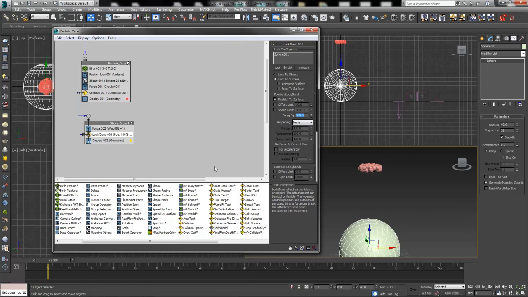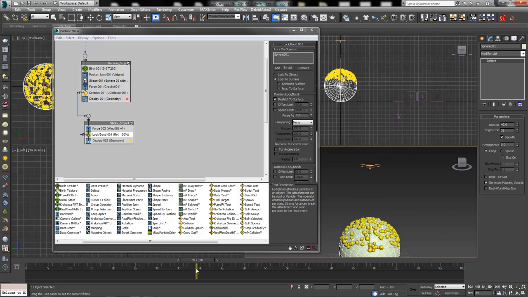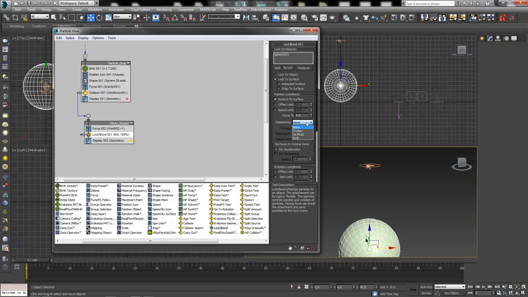That's because we've got this 100% force in here. If I just turn that to 0, they're not going to stick solid, but they're going to stay on that surface as they coat a little bit nicer there. So that'll work. We can also do some really fun stuff with this, anything from making something look like it hit water and then bobs up and down in it, to just adding a little bit of slowdown because of the friction of the surface.